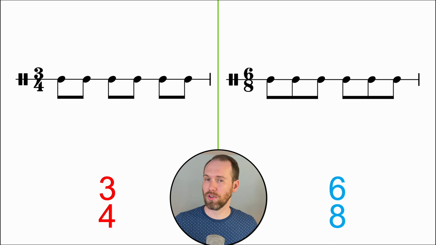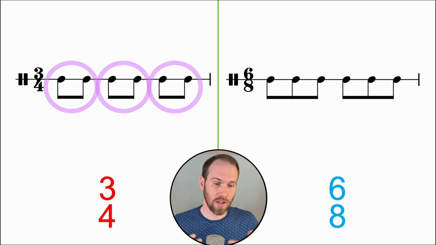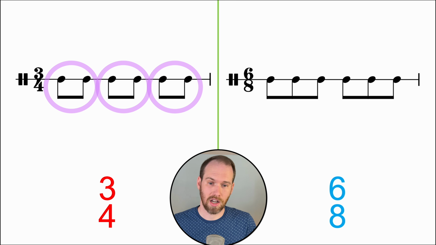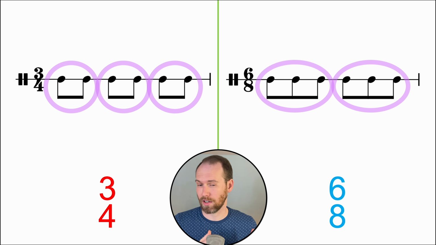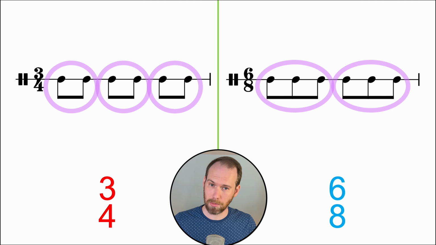All right, so looking at 3/4 and 6/8, they both have six eighth notes in them, right? And with the 3/4, I'm going to group them in groups of 2, right? So altogether, I have 3 groups of two eighth notes each. Whereas in 6/8, I'm going to group them in groups of 3, right? So I'm going to have 2 groups of three eighth notes each, right? So you can see very clearly just from the beaming, the way these eighth notes are beamed together, which one